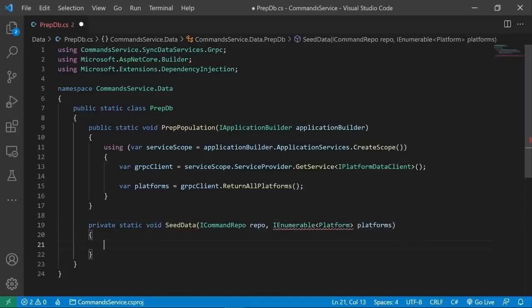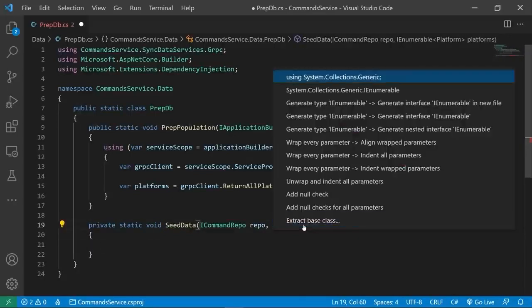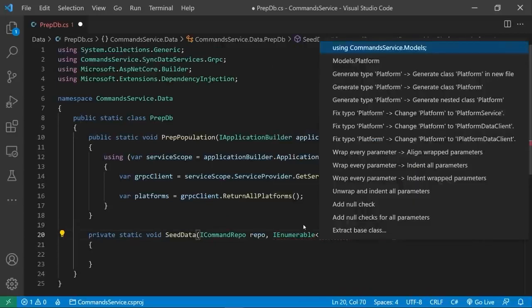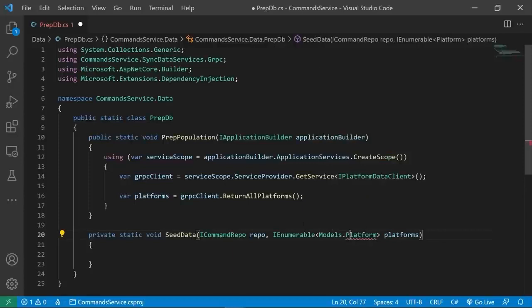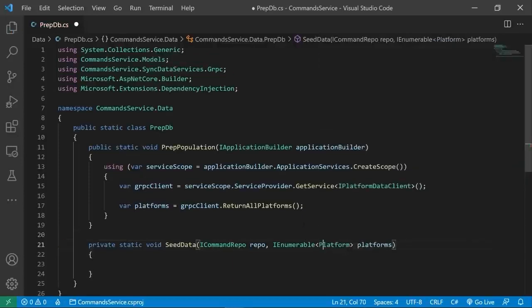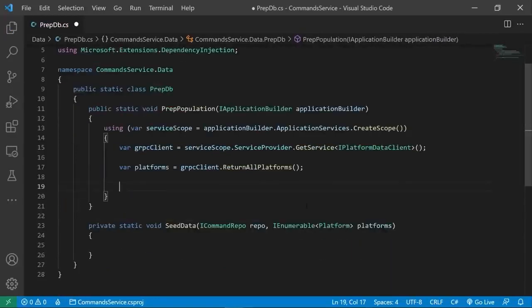All right, so I just want to make sure that we have that namespace. So systems collection is generic, and then bring in our platform. Actually, you want to do that using a using statement. There we go. And so then we're going to call this method from in here before we finish seedData. We're going to call seedData